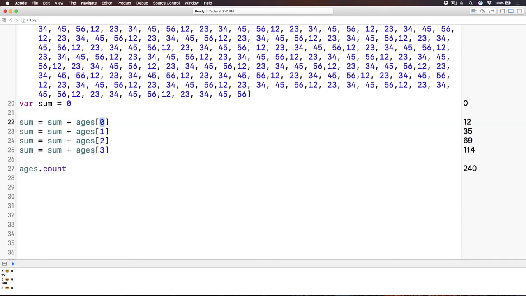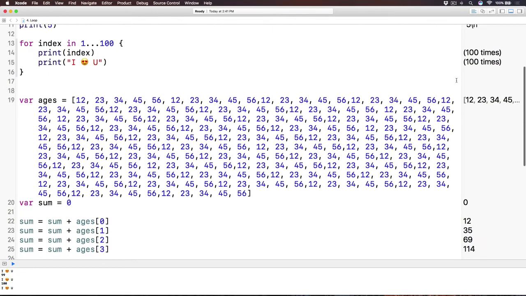We have this index starting from 0 to 1 to 2 to 3 up until the last one here. Now what is the index of the last element? Yeah, the number of elements minus 1. And indeed it is